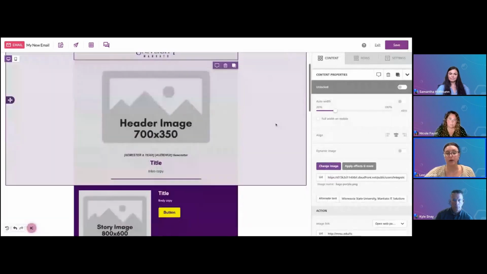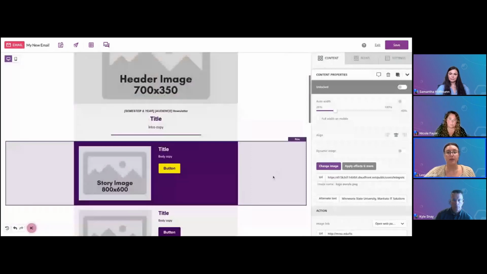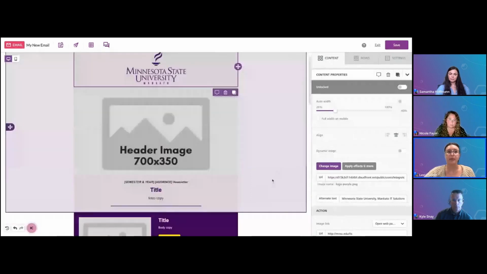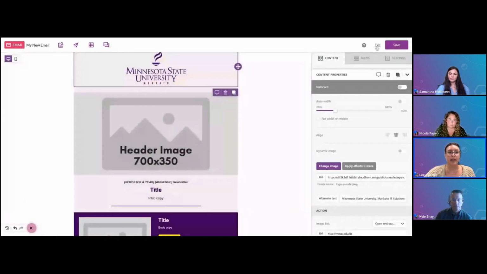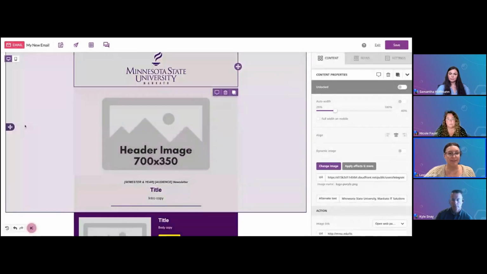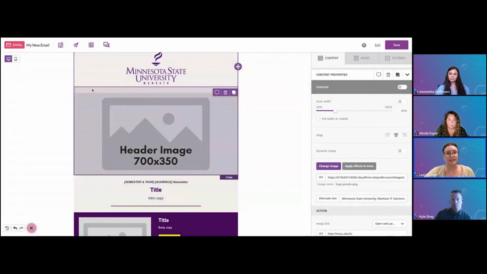So I find that those are pretty much my top tools in Beefree, and they really help to make my life and my team's life easier, save time, and just make sure that everything stays consistent, on brand across all of our mailings. So that is kind of my go-to for tools.